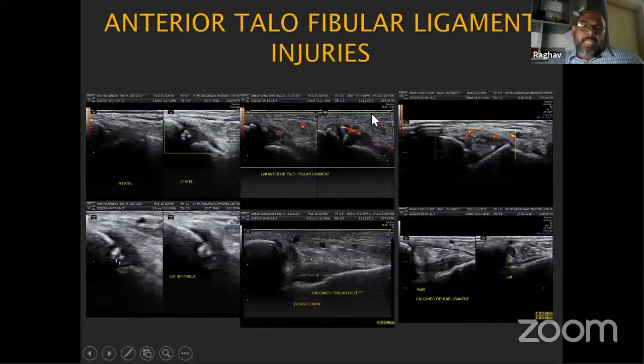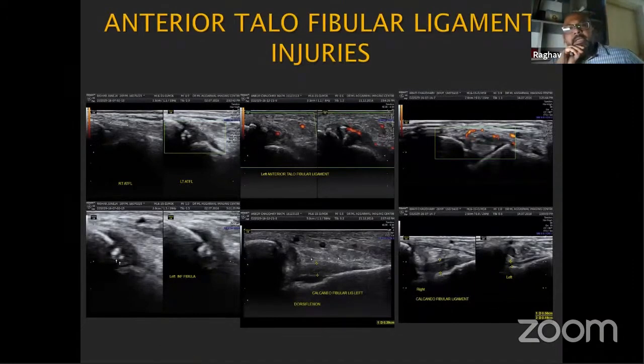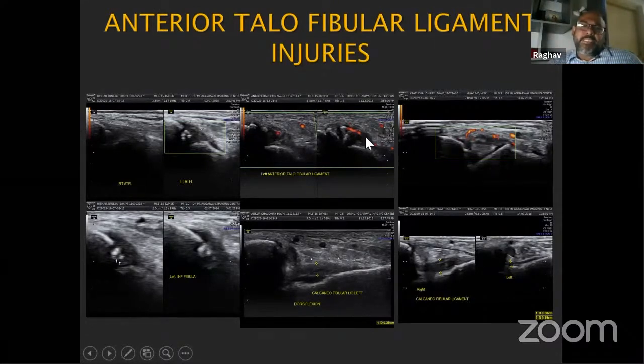We might pick up a re-injury, because in these cases the MR would be slightly tricky, and a sports person or a person who's had an injury of the ligament, the ATFL, would tend to have a re-injury. Here we could see old avulsions and maybe calcifications with edematous tendon with vascularity. We can have a grade 2 injury where there is a thickened tendon with vascularity but intact, just an old avulsion, no